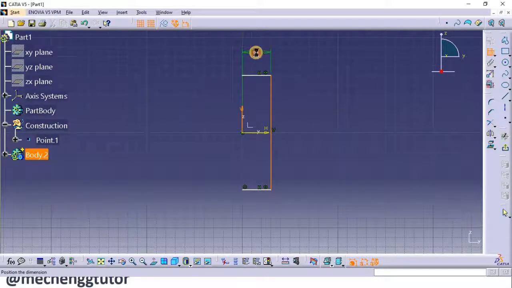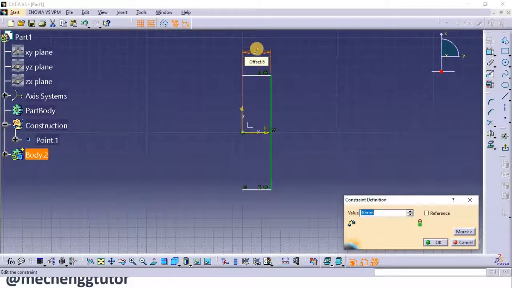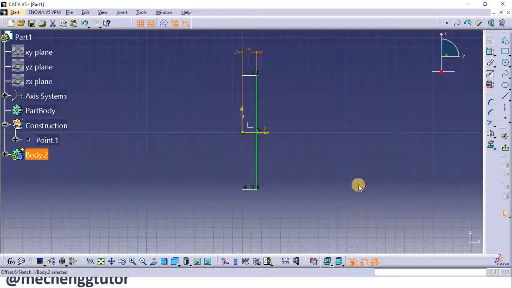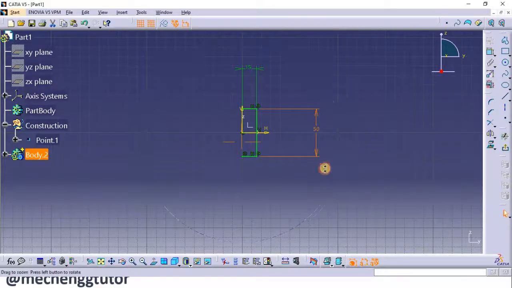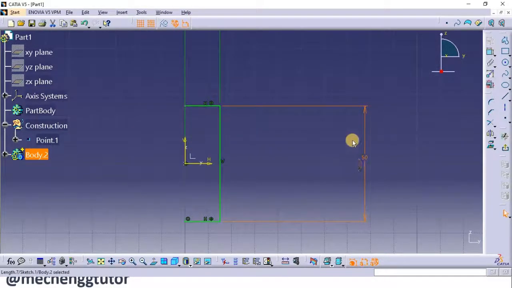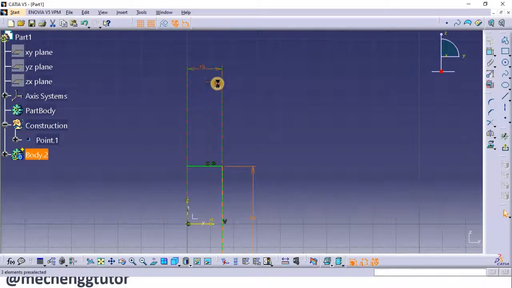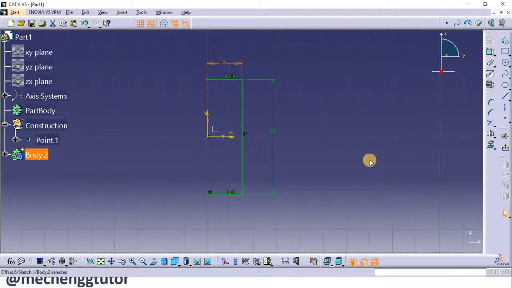So this will be now the radius because I have constructed the profile for half of the cylinder, and since the diameter is 30 mm, I take this as 15 mm. So this 15 mm half radius is drawn, and this height we have to give as 50 mm because we want the cylinder of height 50 mm. So this is the sketch ready. You can just click and move these dimensions so that they don't move out of the sketch.